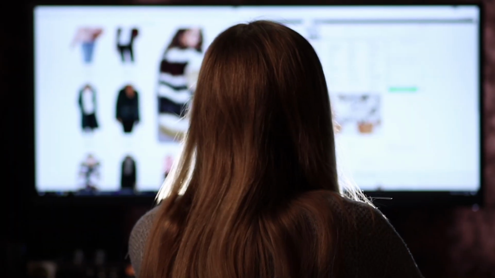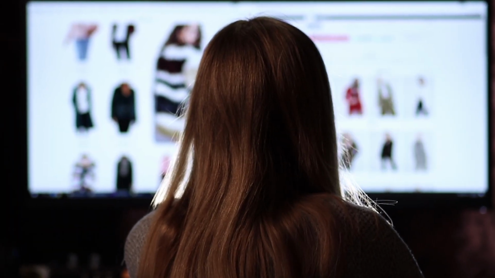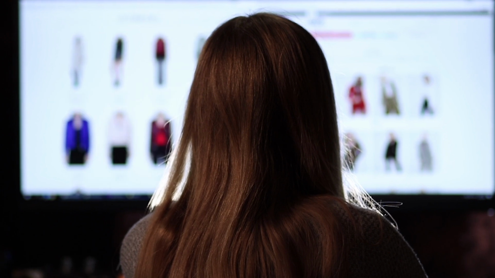So first, you need to focus on your ideal customer. Make sure that you start with this because otherwise you will just write product descriptions that address everyone and they just become kind of mediocre. So very important to know your ideal customer and what things they're going to be looking for.